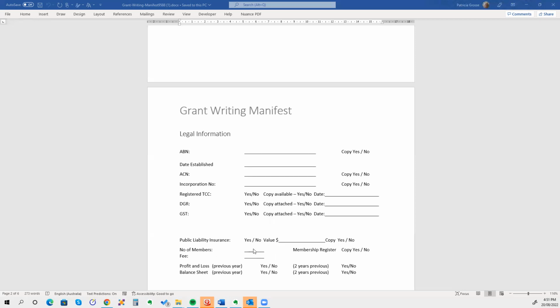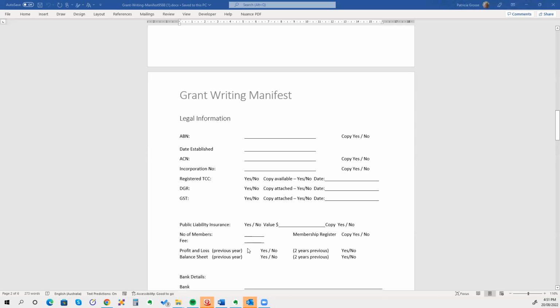And the number of members of the organization, it could be the number of members of your board or committee. Do you have a membership register? Not a lot of the time, but sometimes there's a requirement to send a copy of your members. Now, be careful what information you send them because of the privacy information. And also, do you have an annual fee? This is not required a lot about the fee, but certainly the members is